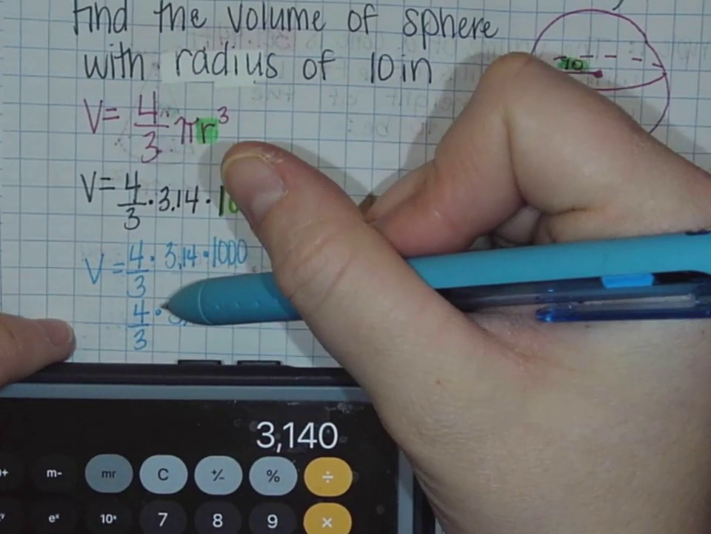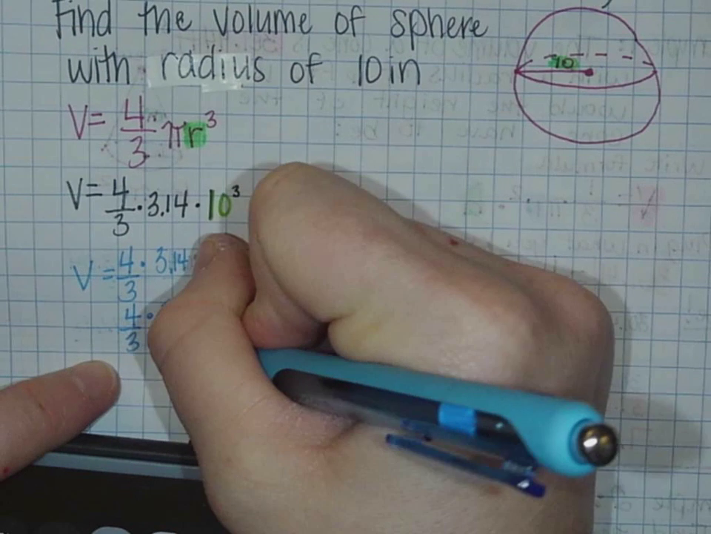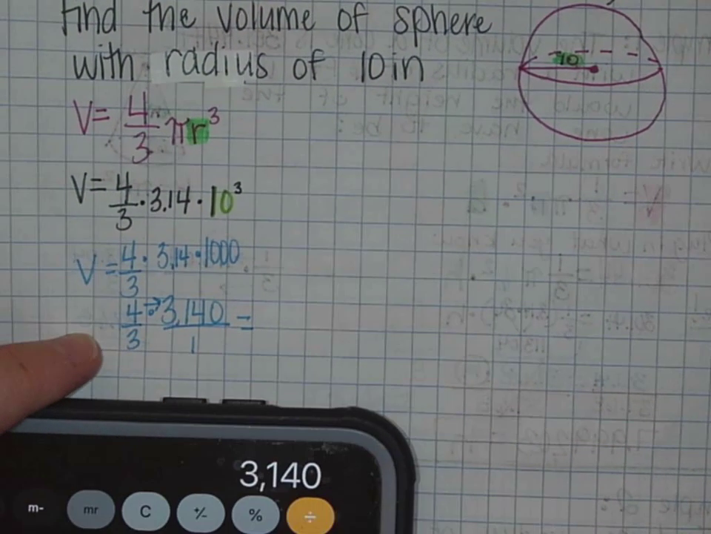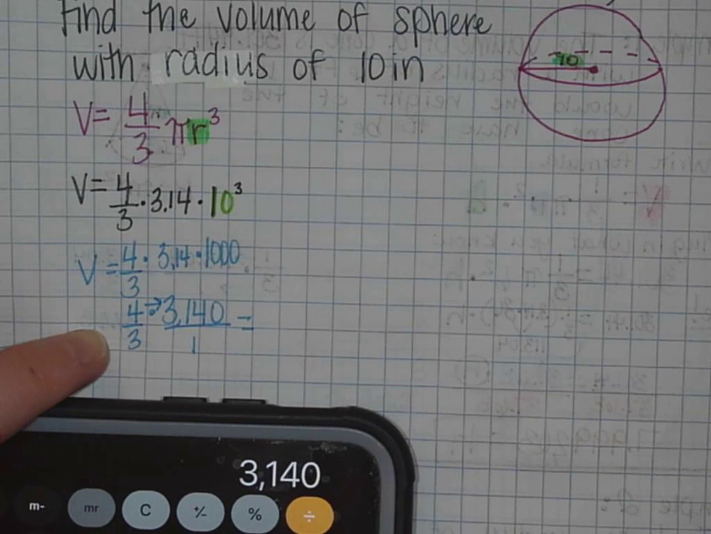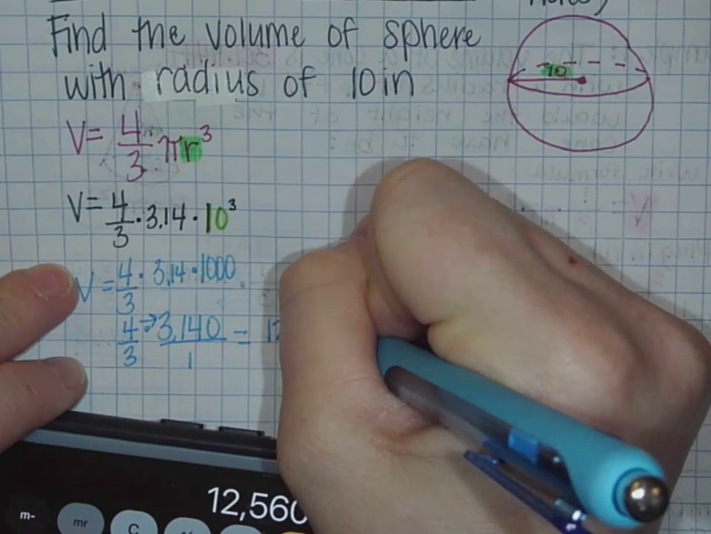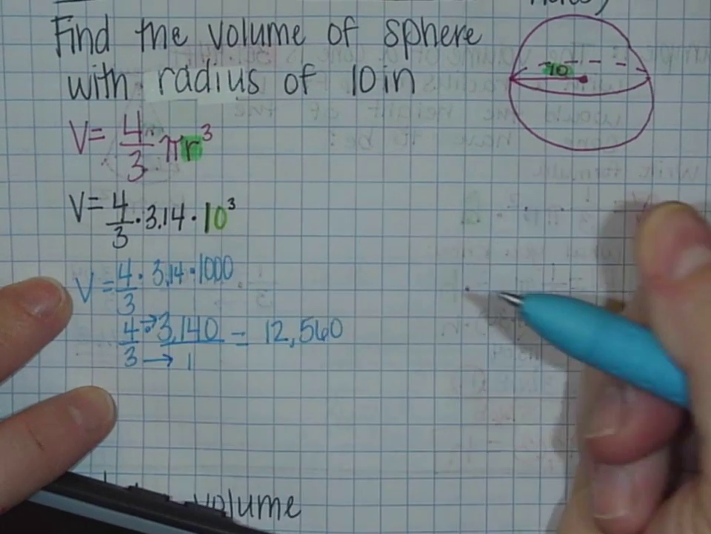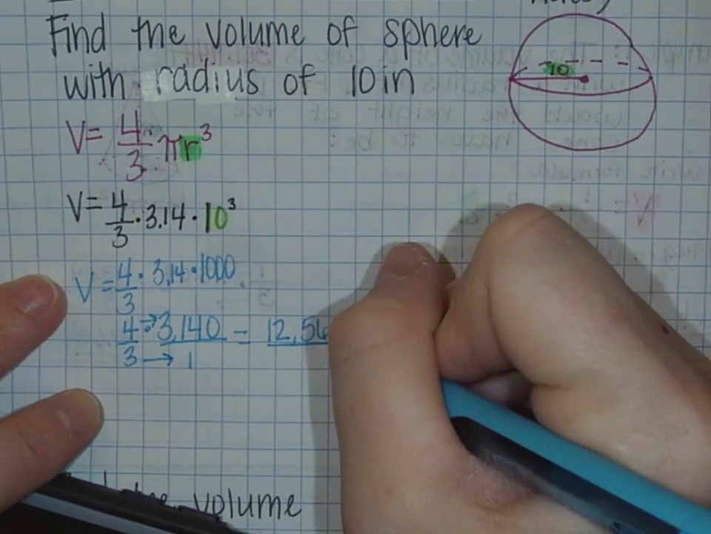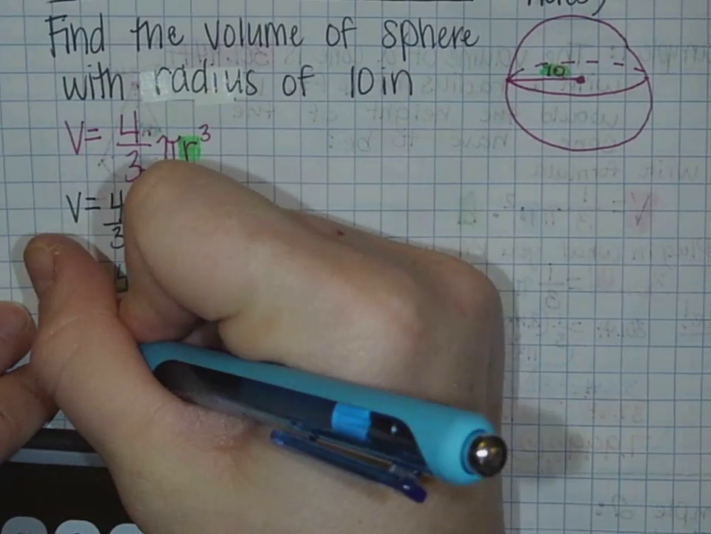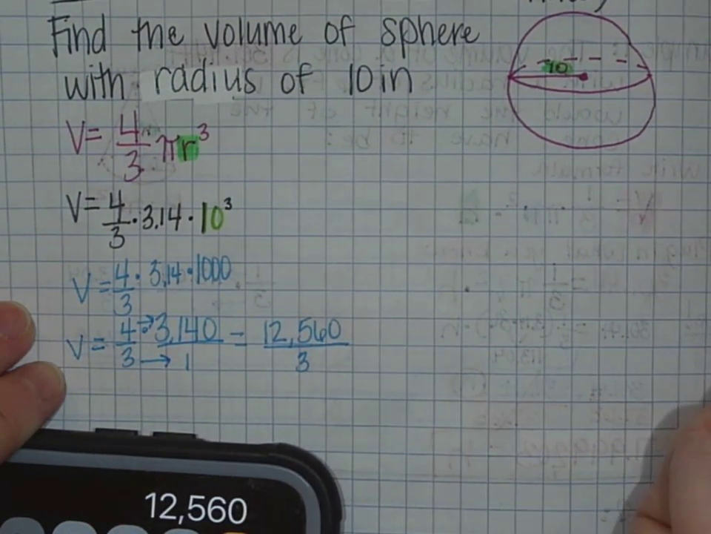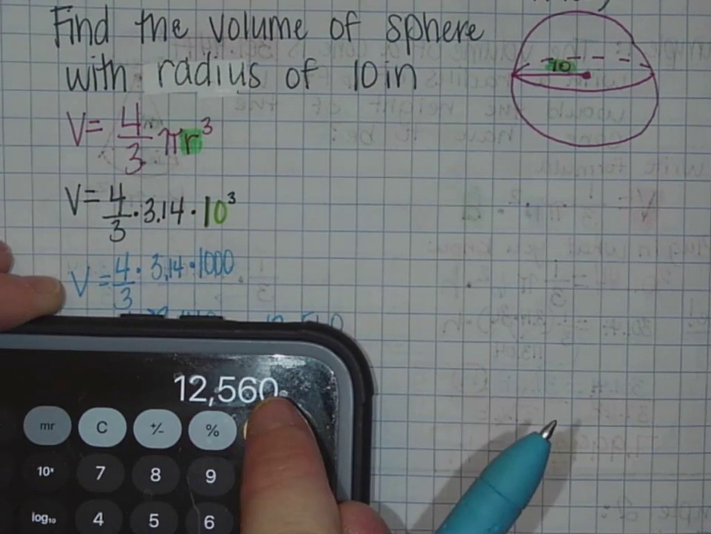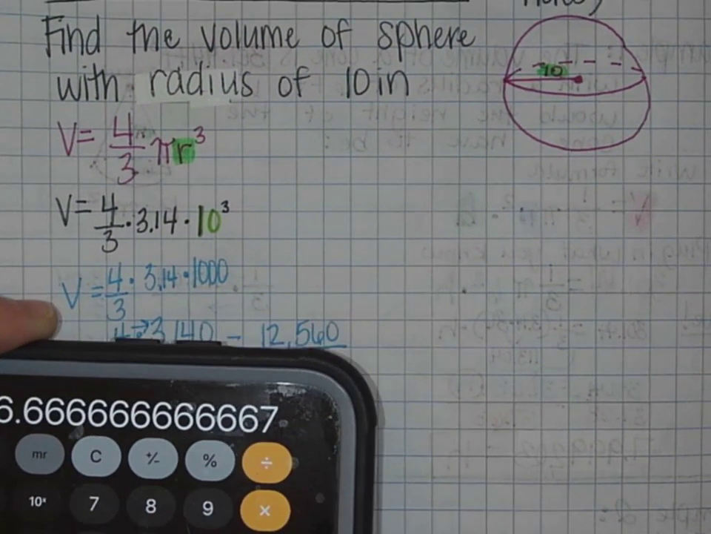So 3,140. Again, you're going to multiply across the top. So 3,140 times 4 is 12,560. Then multiply across the bottom. 3 times 1 is 3. So volume equals 12,560 divided by 3. So take that and divide by 3. And you get